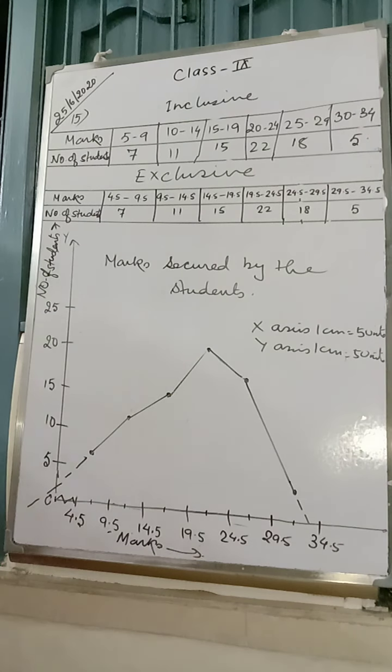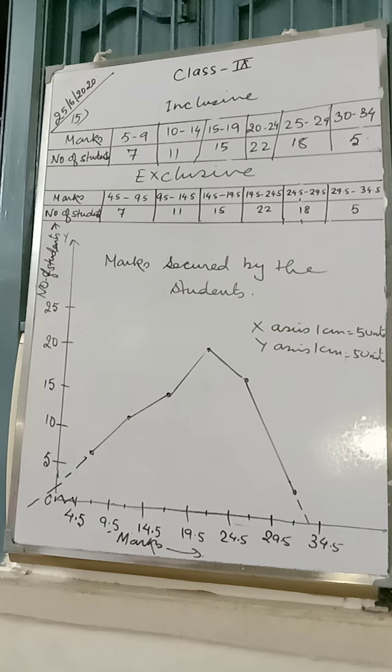This is one option. We can construct this. In the second option, here we can get the class marks. The meaning of class marks is, we add the maximum class limit and the minimum class limit and we divide it by 2. Because this frequency polygon is based on class marks only. You can see the points are not given on 4.5 and 9.5.